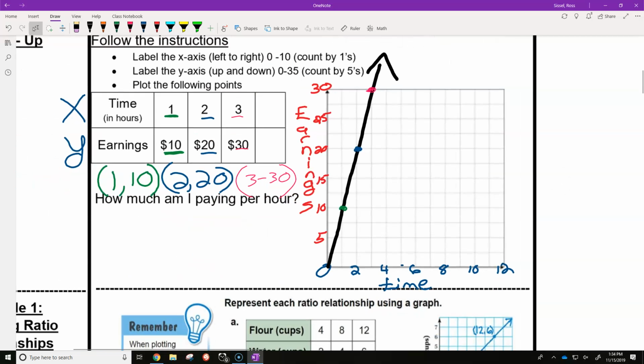If I look at this graph, can anyone identify another equivalent ratio? Everett? 3 to 40. Nope, can't be 3 to 40. No, that has to be wrong because we already had 3 to 30. Oh no, it'd be 4 to 40. Okay. So if we did 4 to 40,